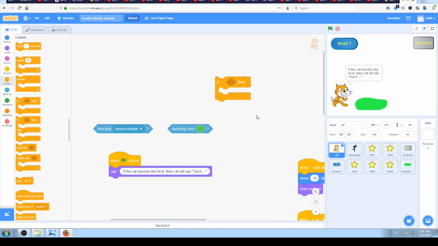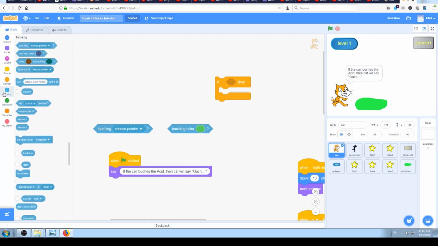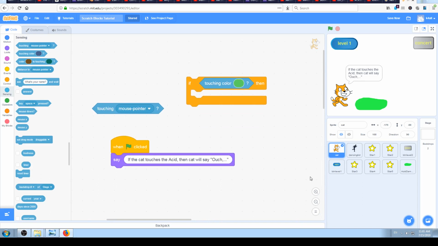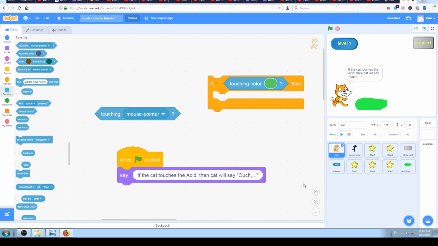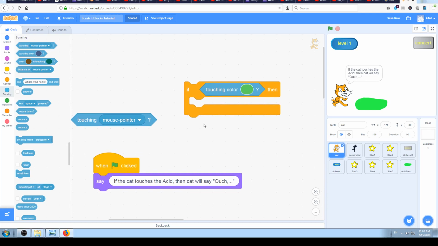Okay, so if the cat touches the acid, I now need the touches block. I now have to find that block, and as we said, that one is the second from above in the sensing blocks, the one which says touching color. Okay, I already have it here, so I will just drag and drop it into this hexagonal shape, and now I have something more complex. I will read it aloud. If the cat is touching the color green, then